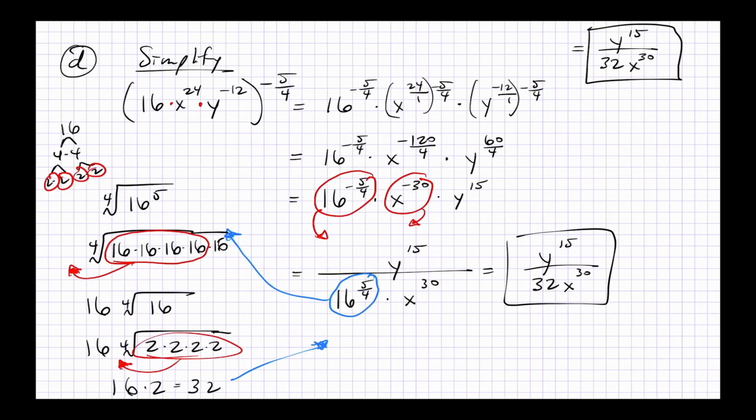Y to the 15th over 32x to the 30th. Distribute the powers, multiply the powers, move the negatives to the bottom. And then once you do that, you look to see if 16 to the 5/4, looking for groups of 4. I have 5/16. I had a group of 4, and then I had 1/16 left over, but then that 16 had 4 2s, so I can take that out. That goes away, and I have 32. Okay. All right. Okay, so tape